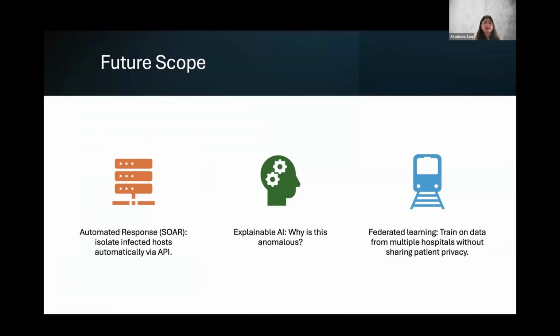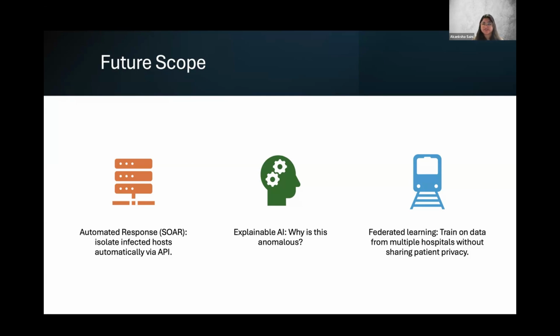Then we would also like to add explainable AI, where the system shouldn't just say that this is bad, but explain the reason for its suspicion. And then there is federated learning, which would allow us to train our model on data from multiple hospitals to improve the detection without ever sharing any